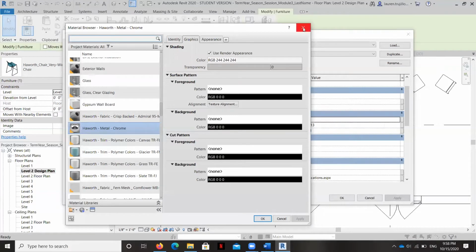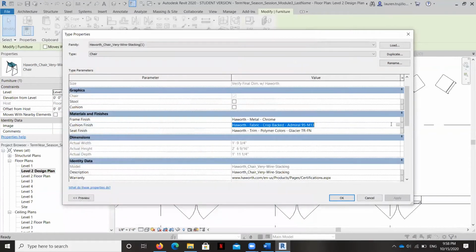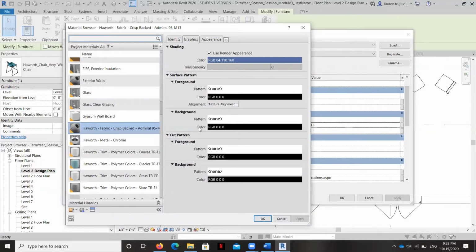Now, when I click on any of these, it reveals that little box with the 3 dots, and it's linking me to the material library. What's cool about this is it's a material library that exists within our particular Revit file.